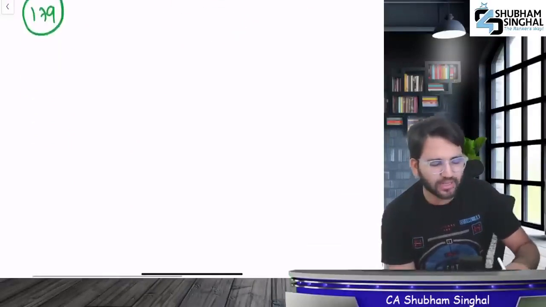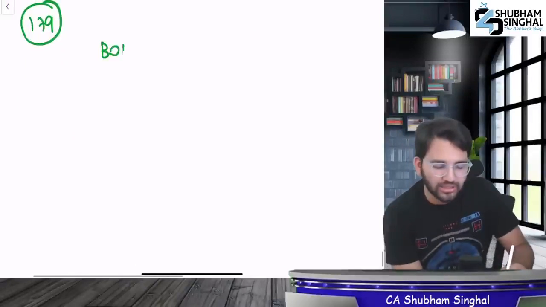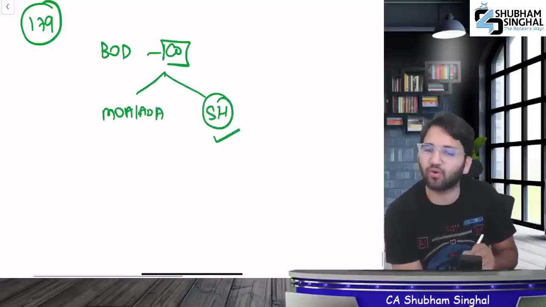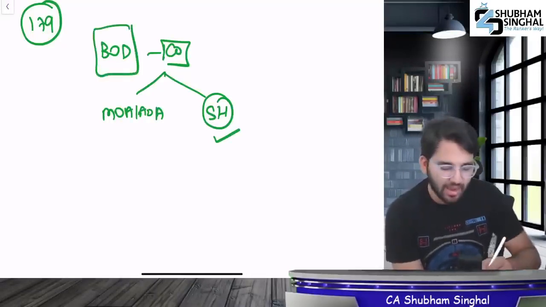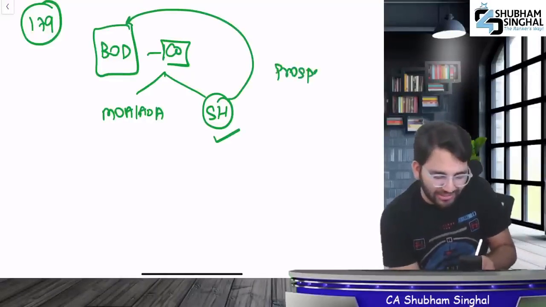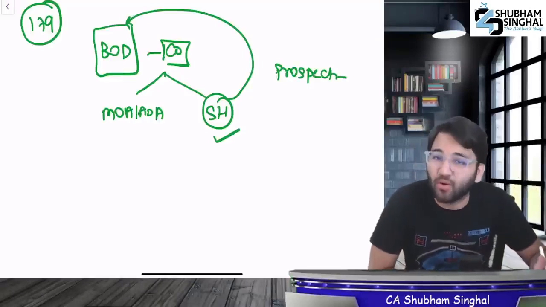Next, 179 is very easy. 179 discusses the power of the board of directors. The board can do anything that the company can do, but the condition is it has to be done within the purview of the MOA and AOA and not do anything that the shareholders have been asked to do. Can anything restrict the power of the board of directors? Yes, shareholders can restrict the power of the board of directors, but that restriction will be applied prospectively, meaning it will apply to future things and not to the current ones.